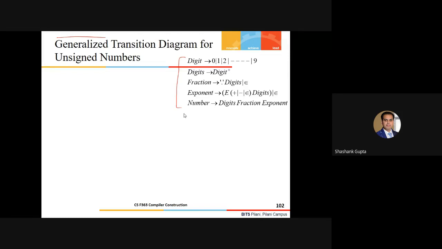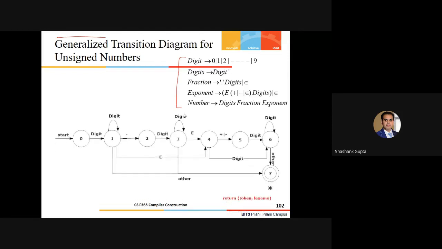All right, so let's look into it. So this is one manual implementation through the transition diagrams. Just verify it. So what we did, we start, let's say, with the start state 0, and we consume the digit, and we came to the state 1. That exactly we need to do as a part of first step. And after that, I can consume any number of digits. Fine. Now I have to ensure that after that, the fractional part will come. That is the dot.